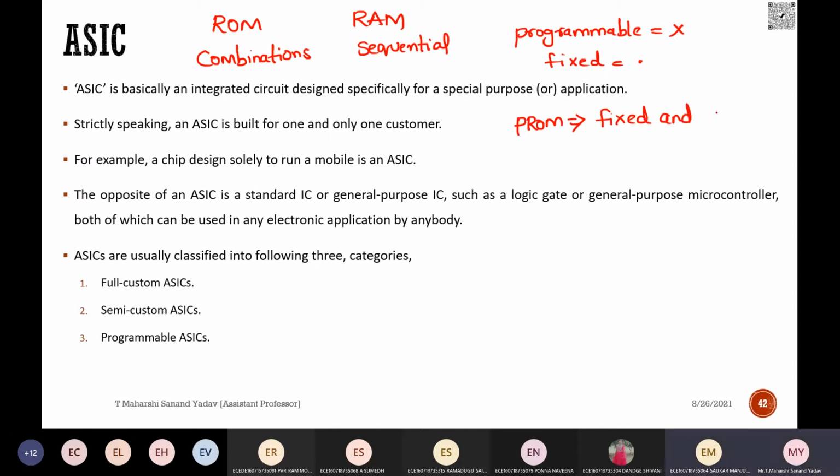Decoder. Fixed. Yes, in the decoder we have used a fixed AND and a programmable OR. So this particular AND is implemented by using a decoder. We know that a decoder is nothing but a combinational circuit. So that's the reason ROM is something which we call a combinational circuit, and RAM is sequential.